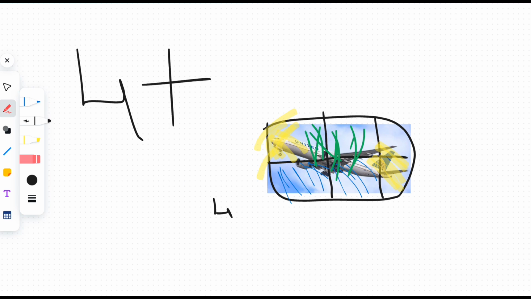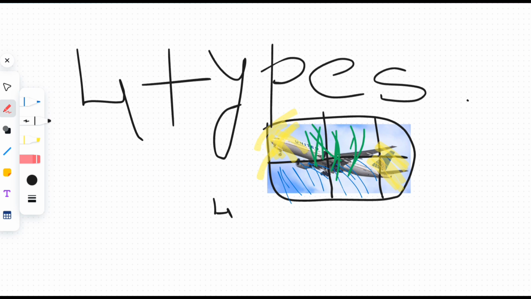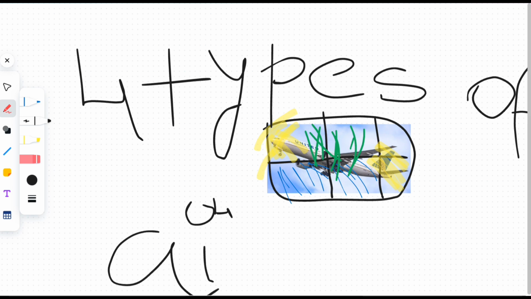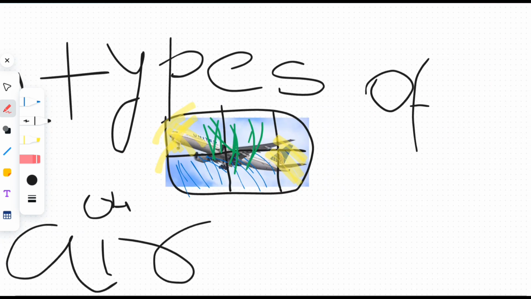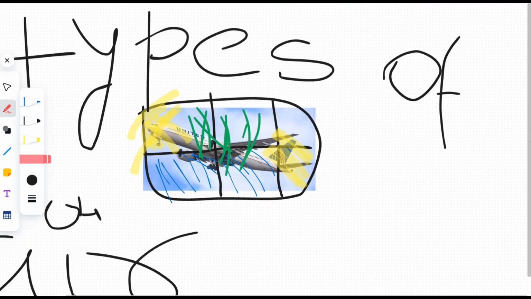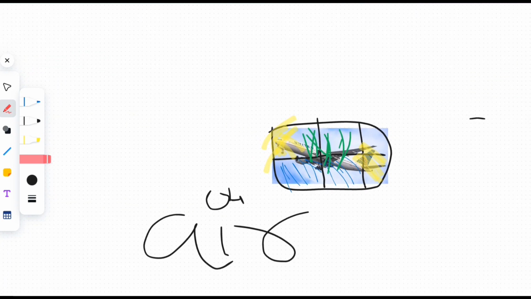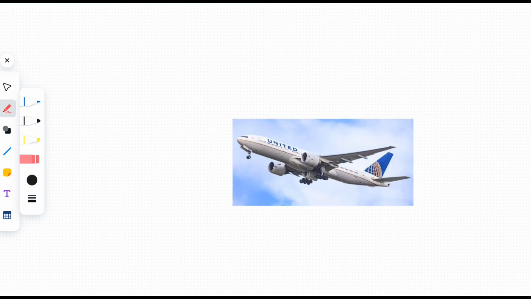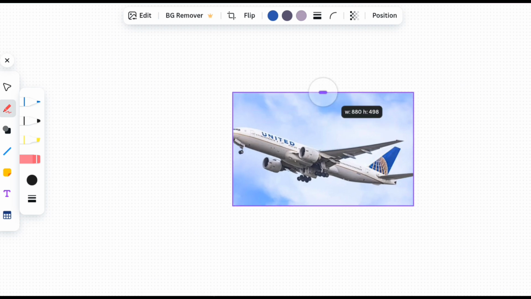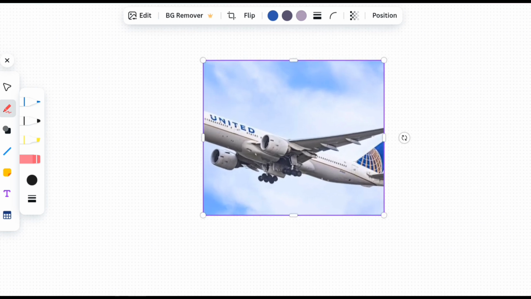So there are four types of air, or you can say forces of air or winds. First one is centrifugal, second one is gravitational, third one is wind, fourth one is also wind, but the third one was the powerful wind which the plane cracks and goes, and the fourth one doesn't help the plane to go up. It's like the wing of a plane helps it to move forward.